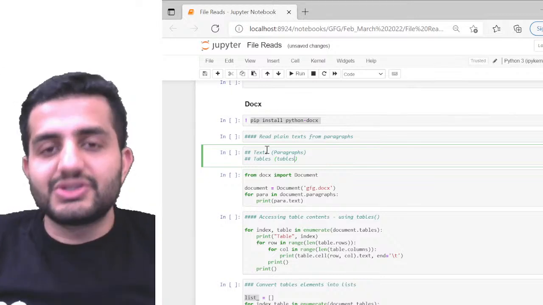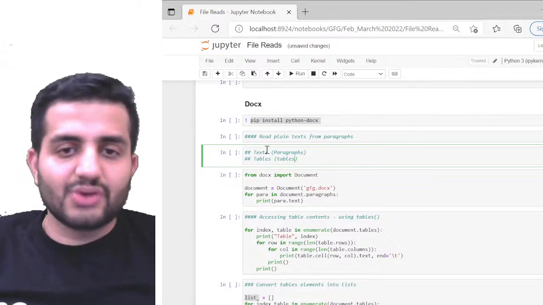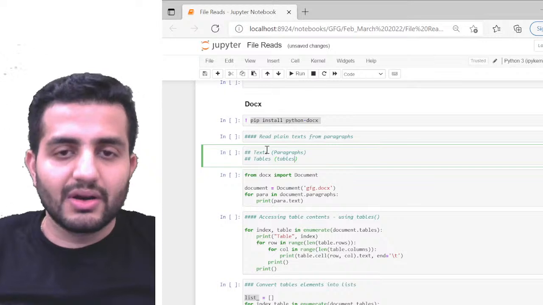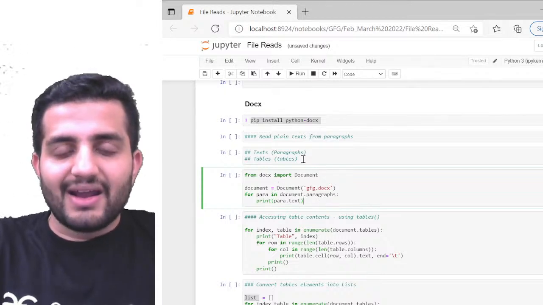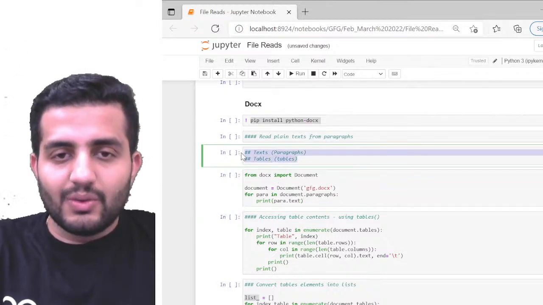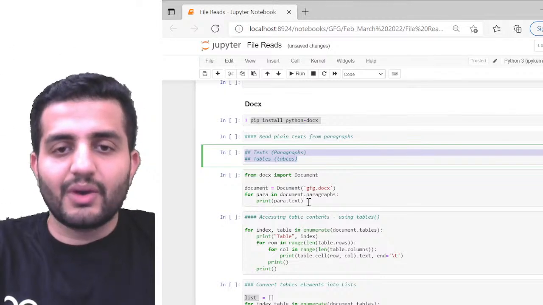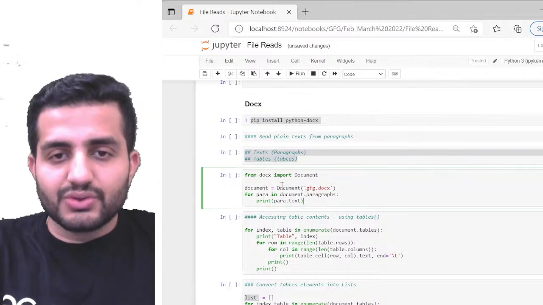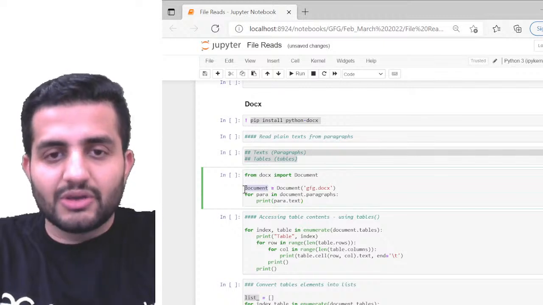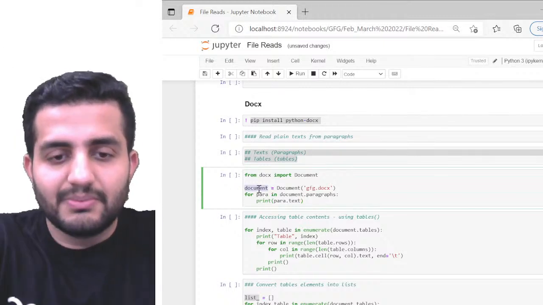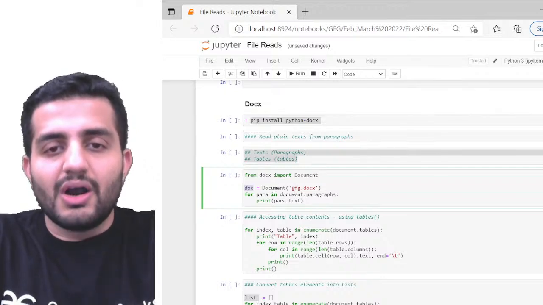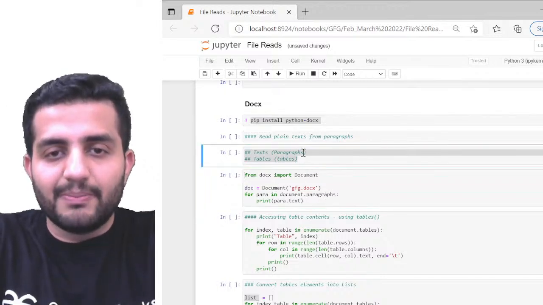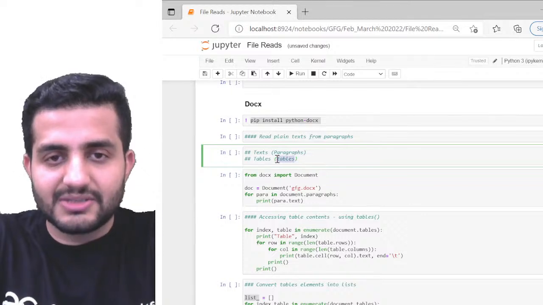Once you read these document files by default, they are loaded as the same thing. That's how it can be done here. So, two things you have to remember for now: paragraphs and tables. Now here, I'm loading this document part, so just to make it clearer, I'll call it doc. From this doc, we will have paragraphs, as I said, and we will have tables.